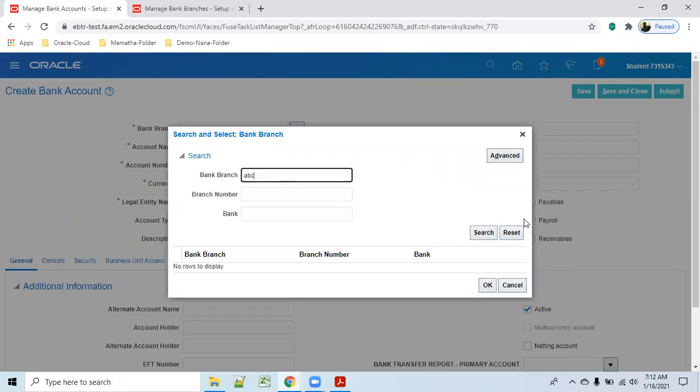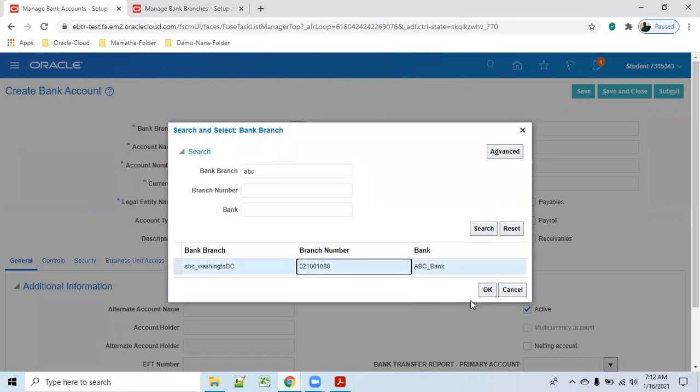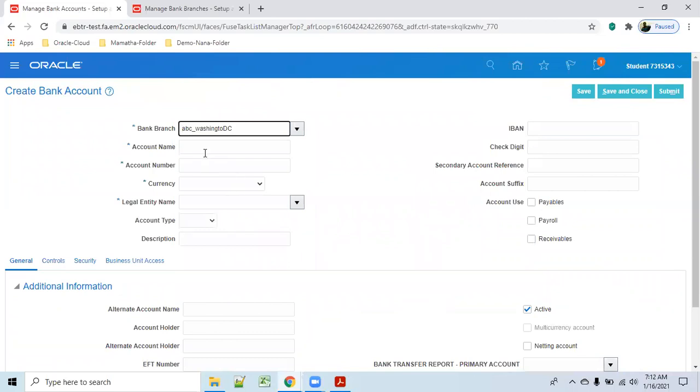Tell me, what is a bank branch? ABC, Washington, D.C. ABC is enough. Account name, same. Washington, DC. Account number, it is a 12-digit number. 2, 3, 4, 5, 6. 1, 2, 3, 4, 5, 6.